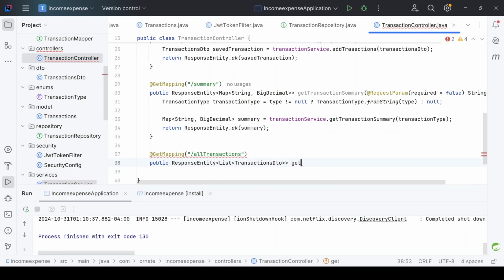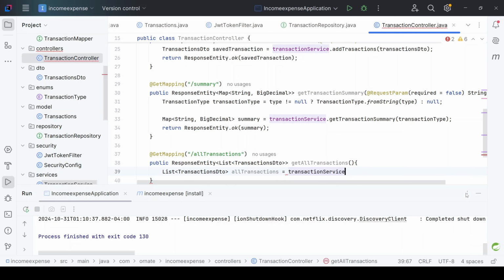And then we want to name it get all transactions. That's good. Alright, so what do we want to do here? We just want to return all the transactions, and so to do that, let's just do a list of transactions DTO, all transactions